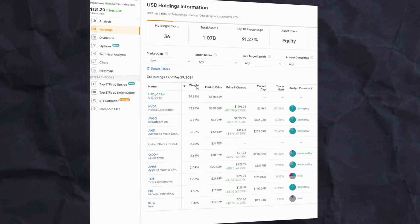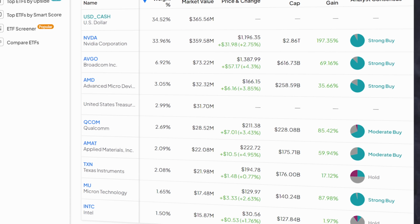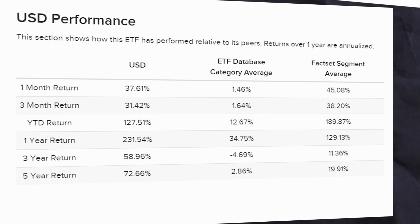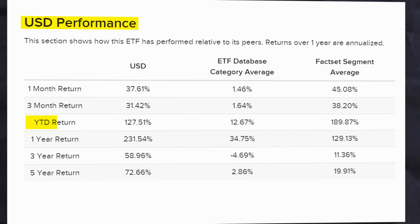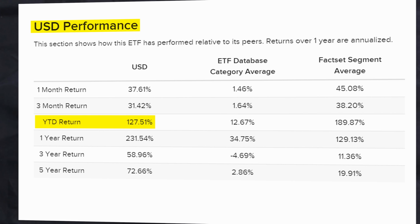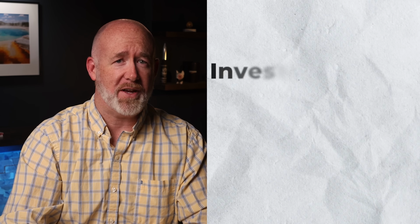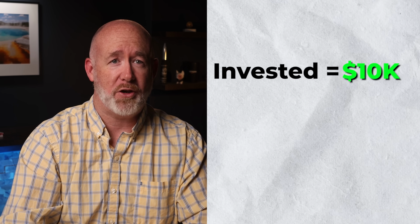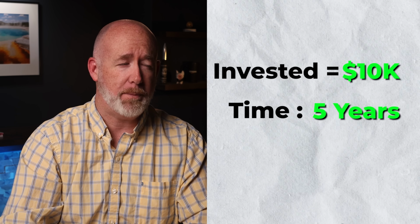When we look at the holdings for USD, it is similar to the prior ETF, SMH, but it has about 10 more holdings. And the part that most of you are interested in is the performance, where the year-to-date is over 127%. And taking it even further, the annualized 1, 3, and 5 year are kind of bonkers. If you had invested $10,000 and had an annualized return of 72% over the past 5 years, that would be worth over